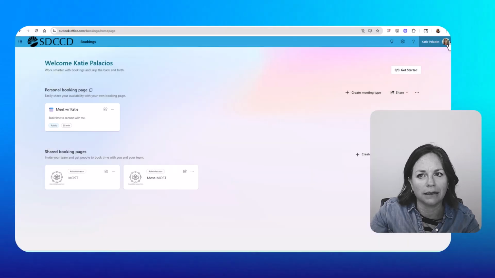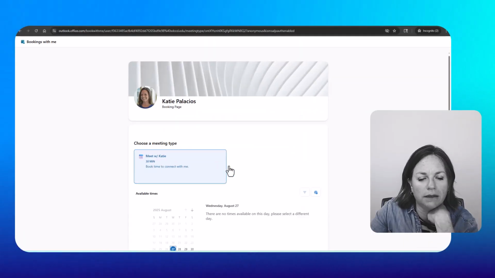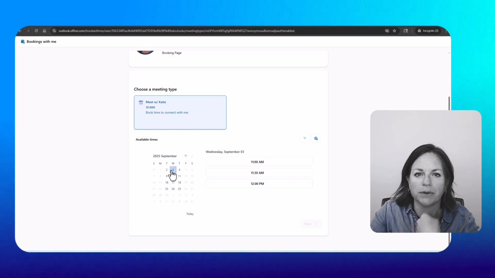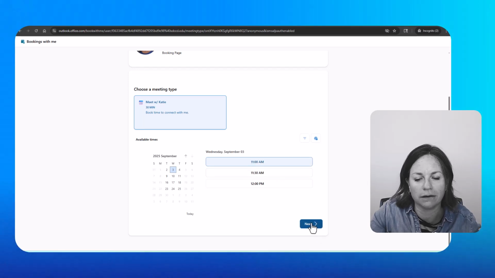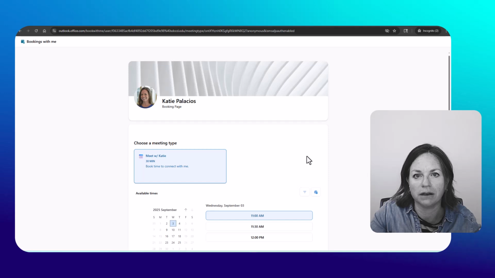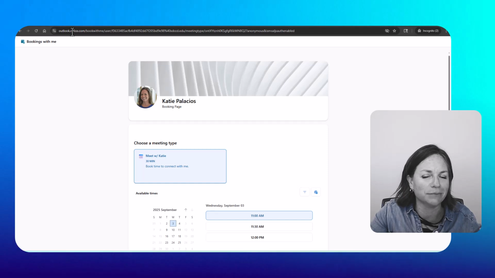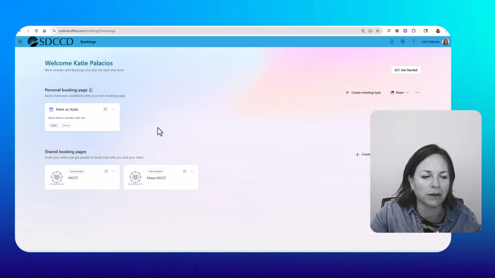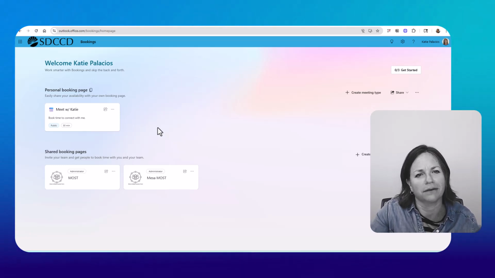Let's look at that link, let's see what it looks like for people. So I'm going to go here. You can sign in, or let's just continue as guest. And so they pick their day on the calendar and they pick their time. And you can tell some of these have already been blocked out because of my availability on Outlook. So they choose their time and then they click through and put their information in there. And then I get an email that says a booking has been made. Okay, so hopefully that helps. That was creating a personal bookings page to help with that back and forth of finding a good time to meet together. Hope that helps.